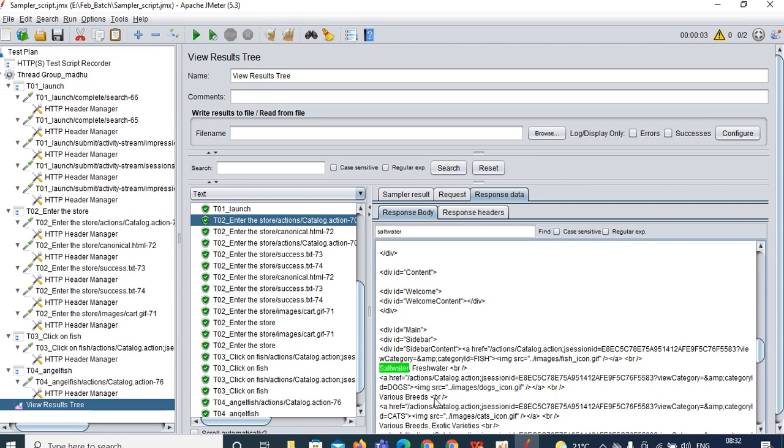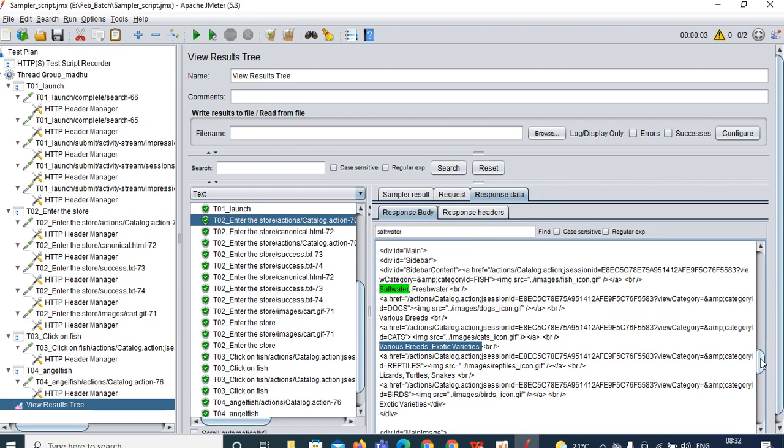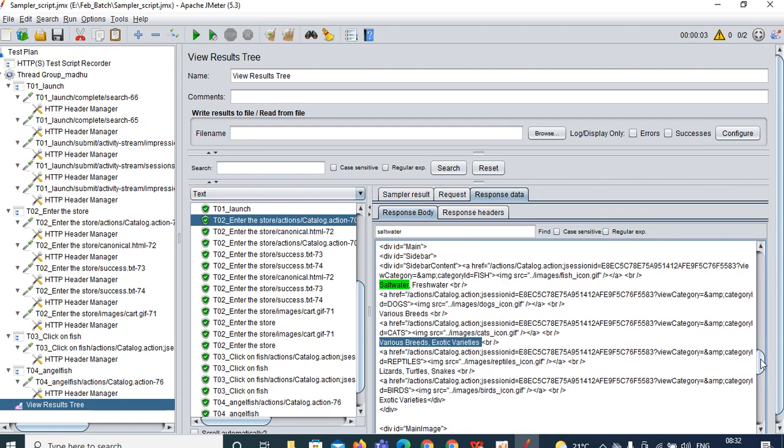Likewise you can see here various breeds, exotic varieties. Those things you can verify, which will be there in the response body in the text format. In the text format everything will be there. So you need to search in the text format only, not in the browser.